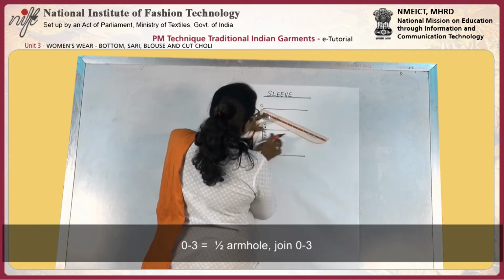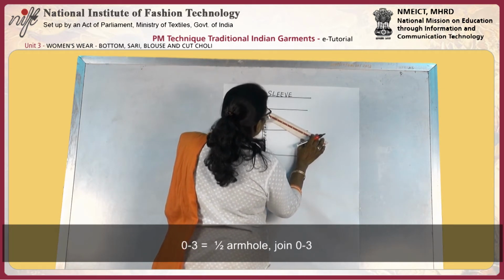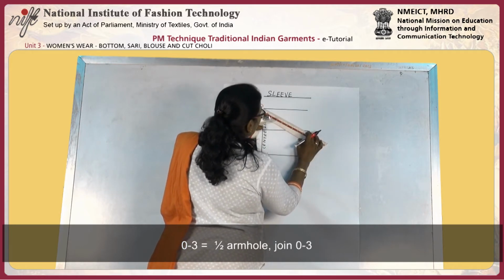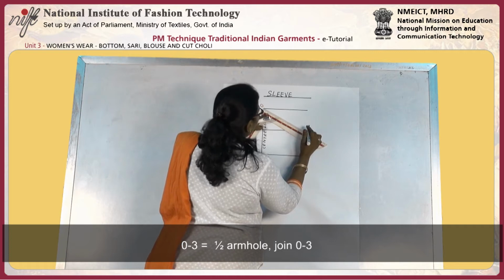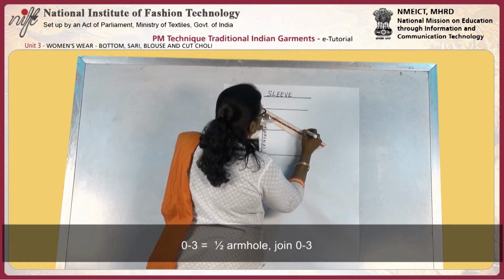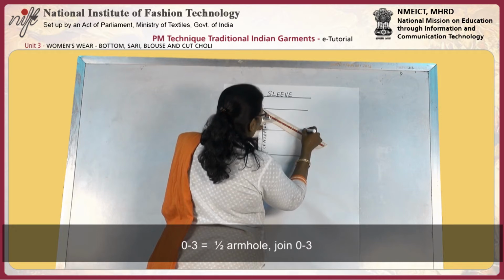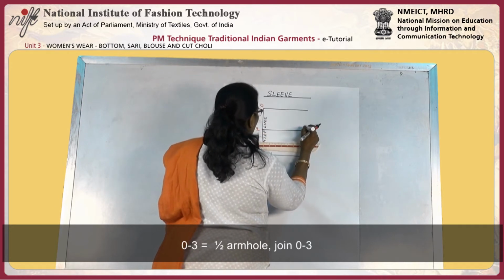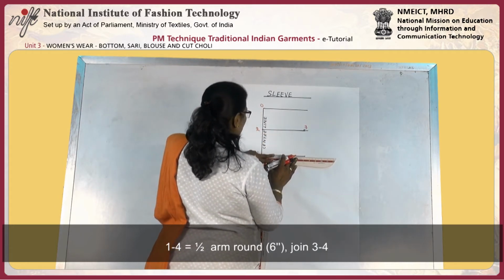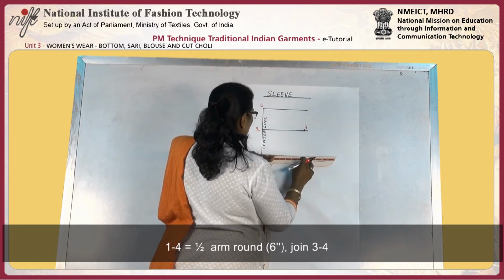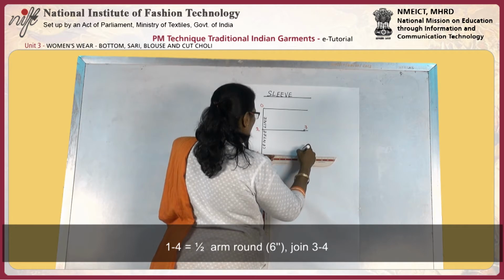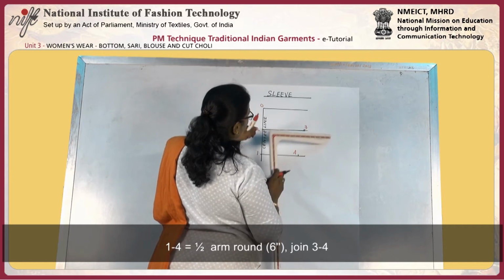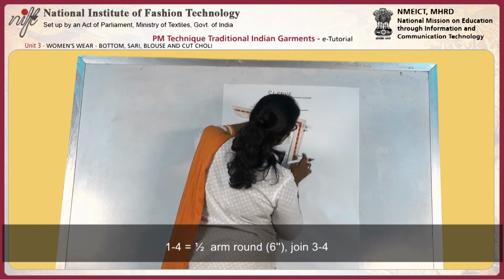And 1/3 is equal to half armhole, should start from the crown point and should intersect on the bicep line with half armhole is 7 3/4 and mark 3. And 1 to 4 is half arm round. Arm round is 12 inches. Half arm round is 6, and join 3 and 4,